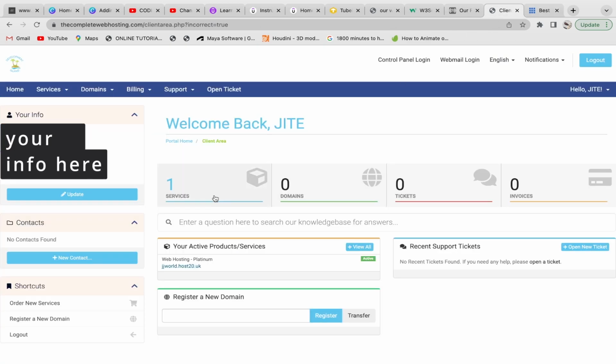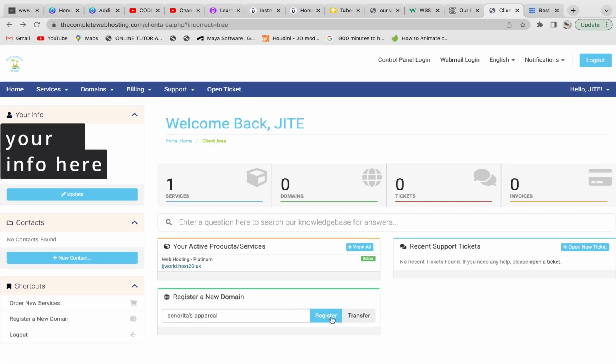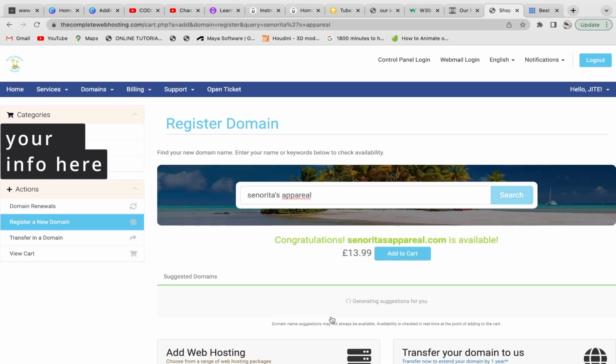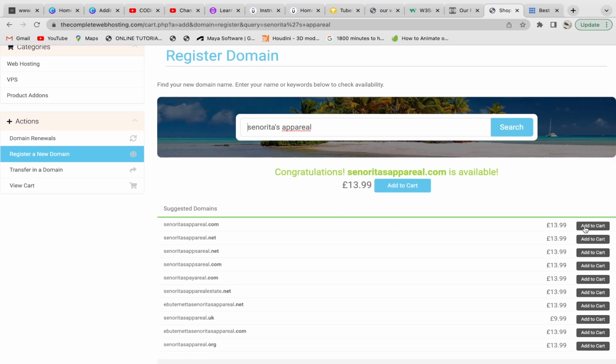Okay, so for now, if you want to register a domain or buy a domain, you could come here and put the name, register, or if you want to transfer an old domain, maybe an already registered domain, press transfer. But for a new one, you click on register, and you could see it says 13 point, let's just say €14, and I have my domain.com. If I click on add to cart, okay, and click on checkout,